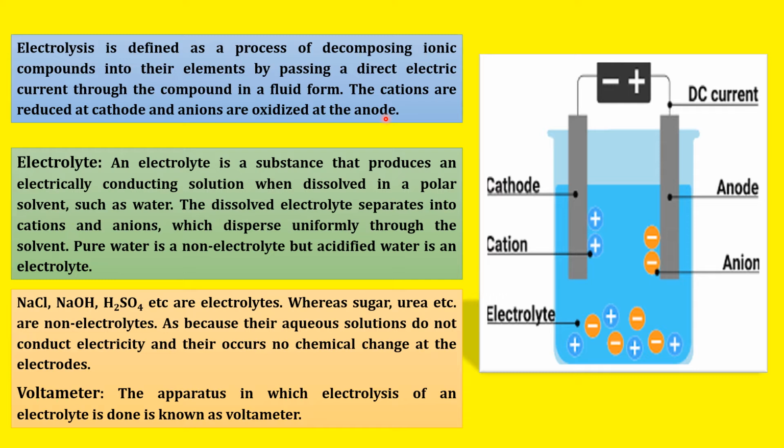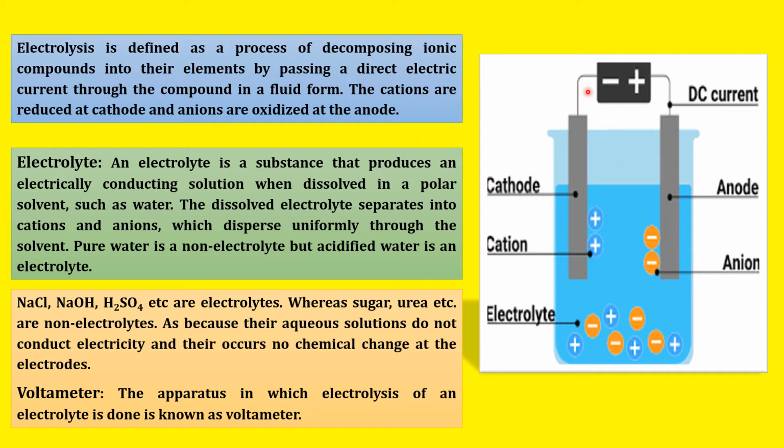Na plus is a cation because it contains a positive sign, and Cl minus is an anion because it contains a minus sign. Hope you have understood what cations and anions are. Both are ions. Cation is positive and anion is negative. In case of NaCl, Na plus is the sodium ion and Cl minus is the chloride ion. Now, always remember, at the time of electrolysis, cation goes to cathode and anion goes to anode.